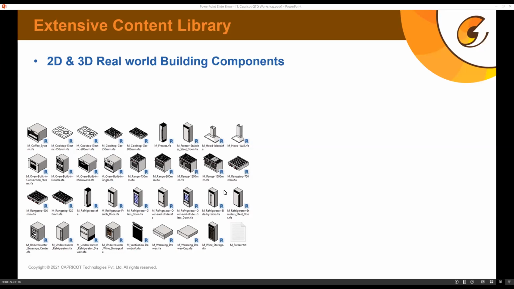Similarly, if you have a 3D view of a similar example of a door, and you are checking that 3D view in any software which is not a BIM software, let's say SketchUp or maybe 3ds Max, that software will recognize it as solid geometry, but will not recognize it as a component of the real world.